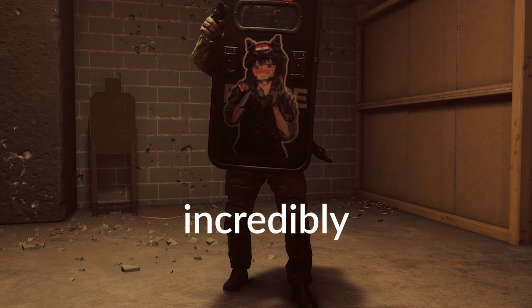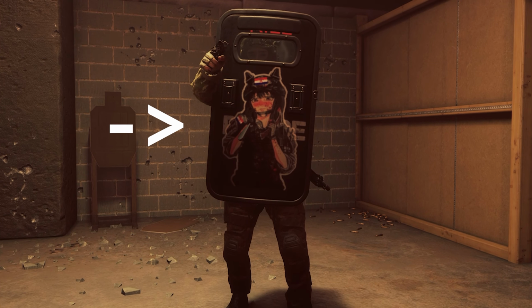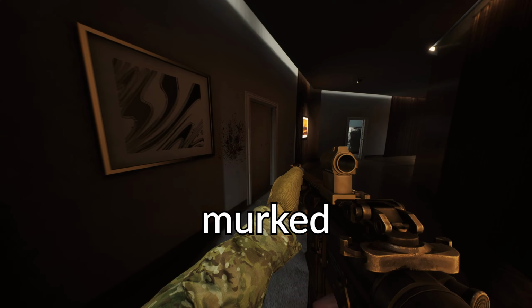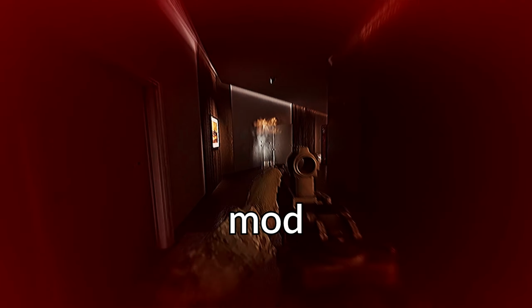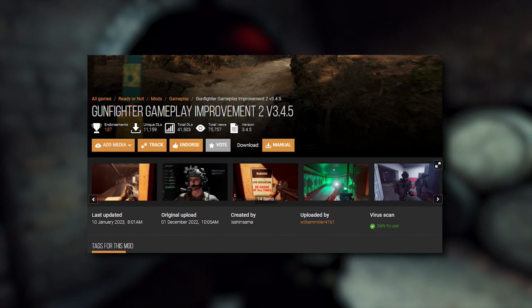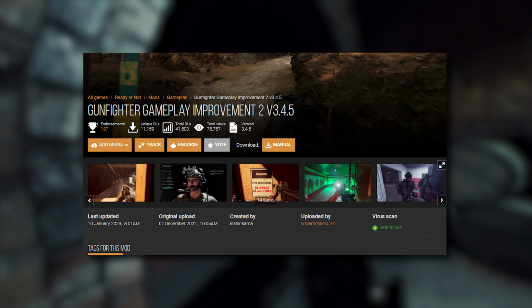Mods for Ready or Not can be incredibly superficial, such as a cat girl skin for your riot shield that in reality would land you in an IA faster than it takes to get murked on Barisa Cove. This mod, however, is anything but that. Today I'd like to talk about the Gunfighter Gameplay Improvement mod made by user IsShin-sama and uploaded by William Miller